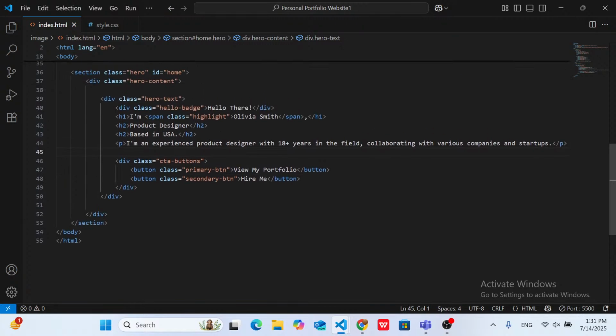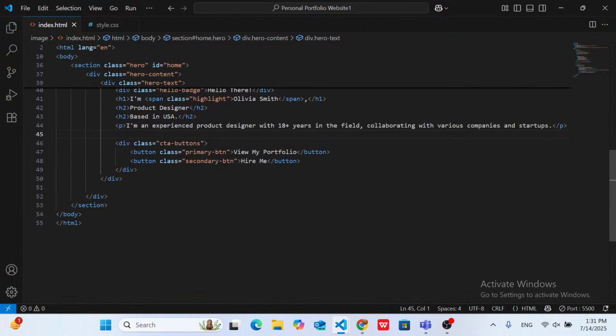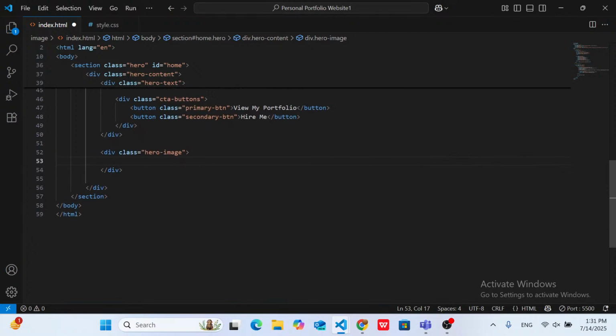So we are done with the left section now. So now we move to the right section, which is the hero image. I'll be wrapping it in a div as well for the hero image. Then for the image container,